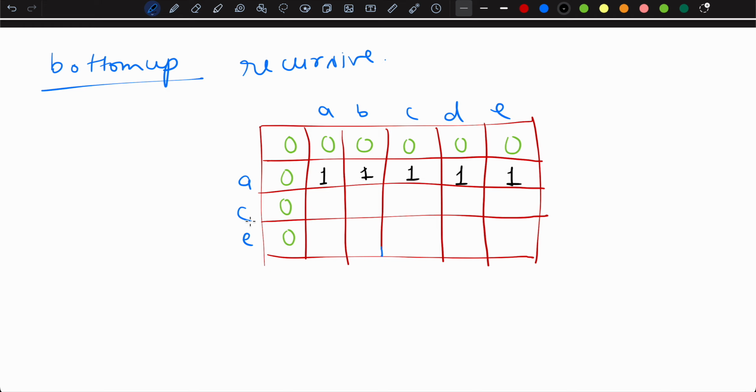Now for the C, are they matching? C and A, are they matching? No, they are not matching. So the maximum of the cell above and the cell to the left will be 1. Now here, B and C matching? No, then also 1. C and C, are they matching? Yes. So I will go here,